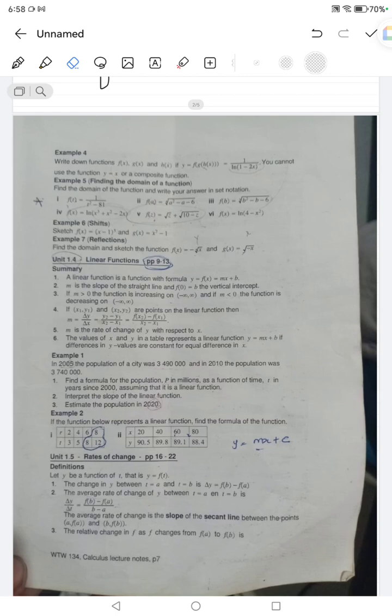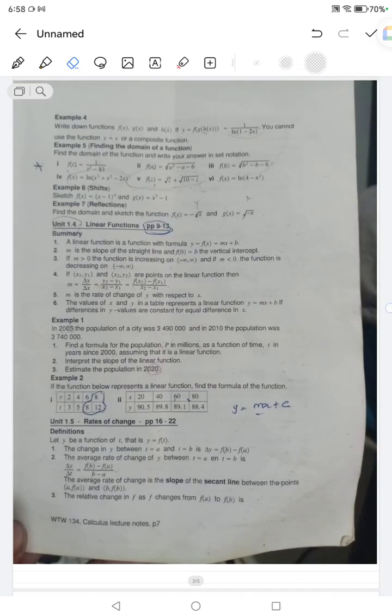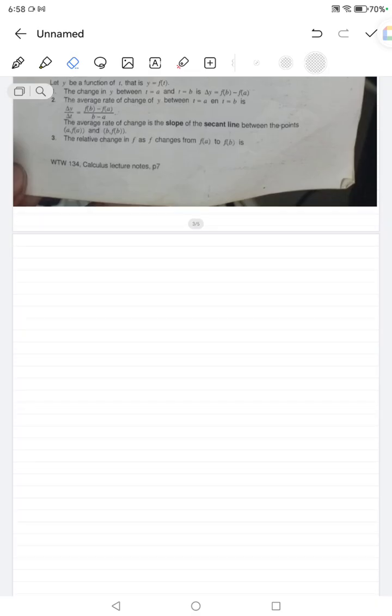What are your restrictions? For example, if I have something like 1 over x, what would be my restriction for this one? My first restriction would be that my x should not be equal to 0, because now I'm going to be getting something that's going to be